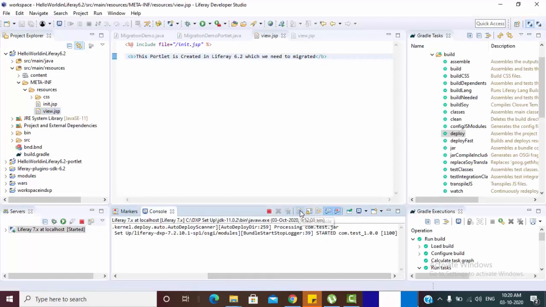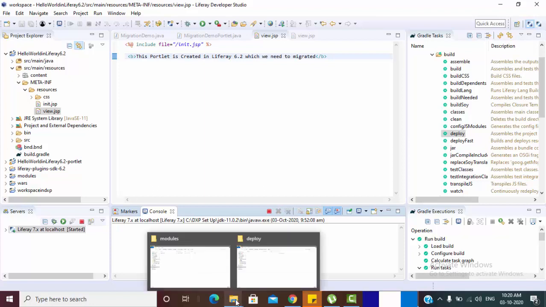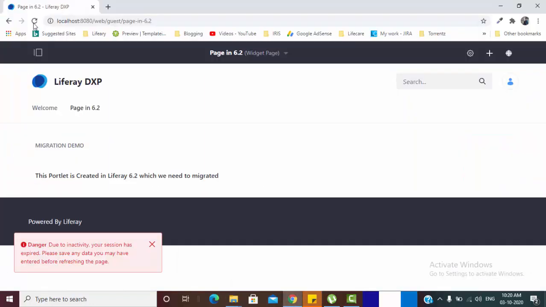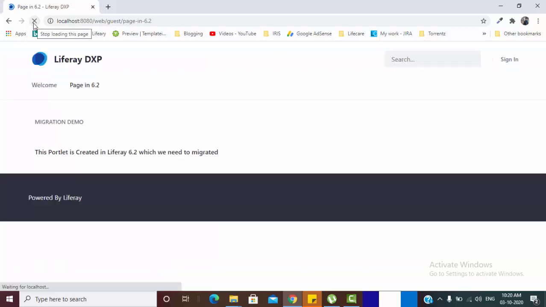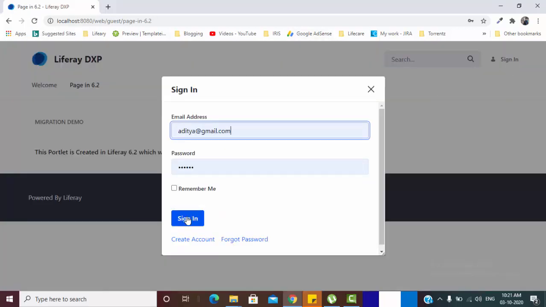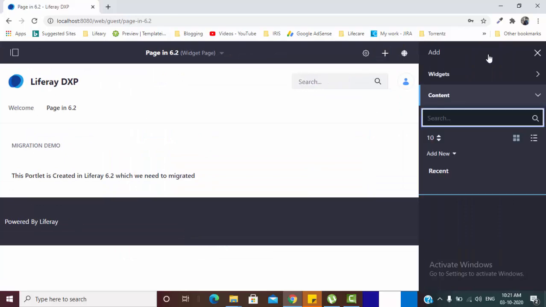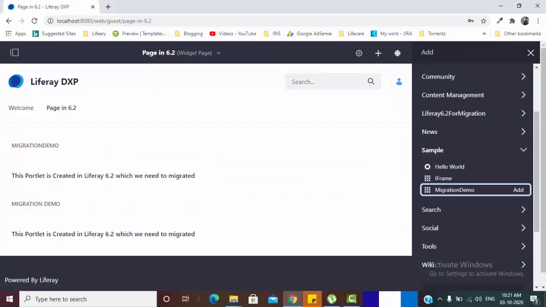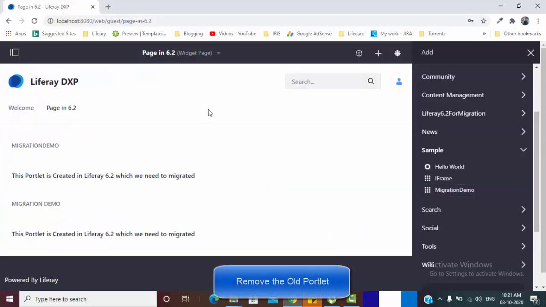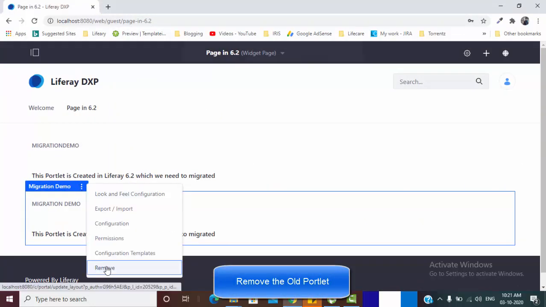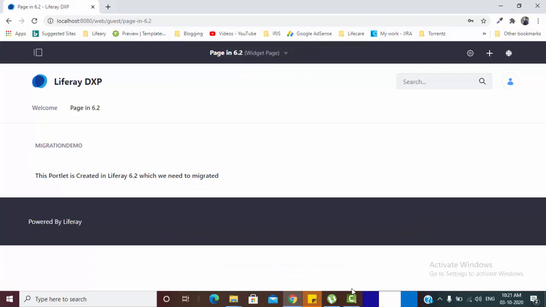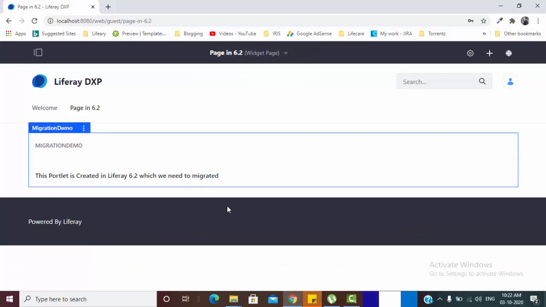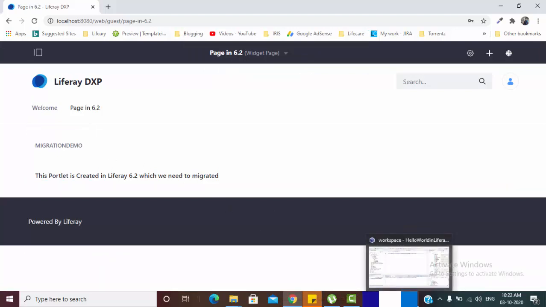So it's started. Let's try to refresh. So now we have a portlet which is successfully migrated from 6.2 to DXP.